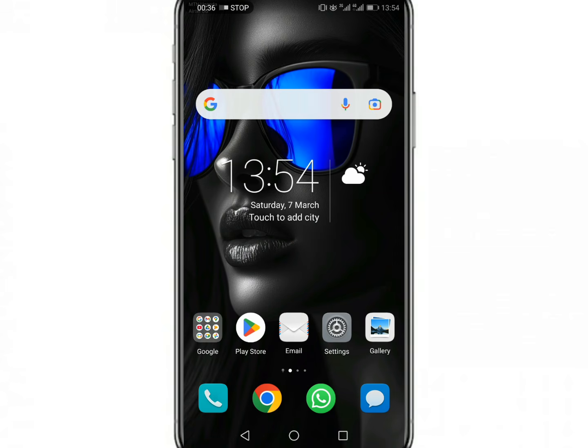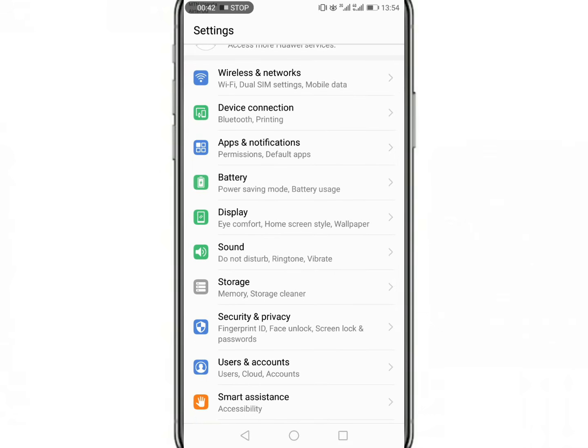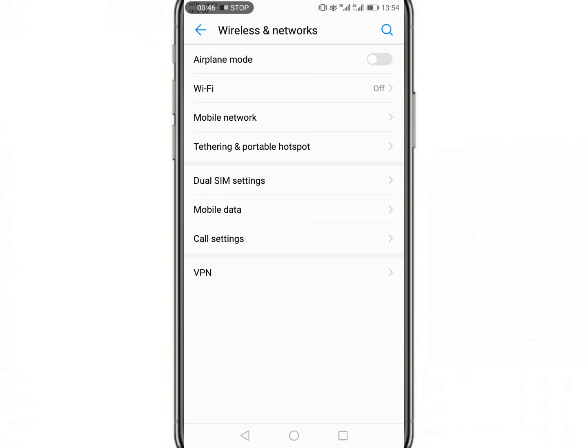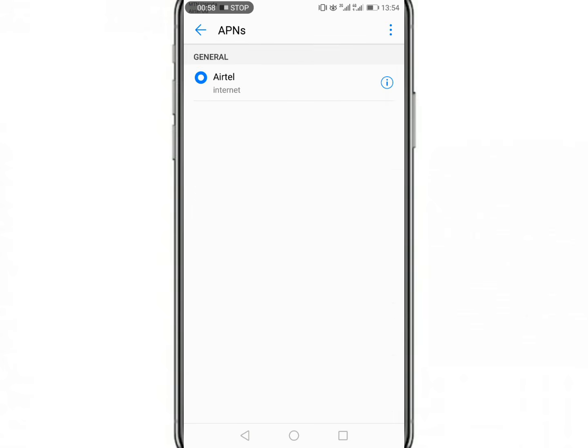So let me start the tutorial. Go to your settings and open your phone settings. This is what you're going to set. Look for wireless and networks right here, and look for where you set the APN settings, that is mobile network. Then go to the access point names on your Airtel SIM card. This is Airtel, and then you're going to go where we have the new APN and add a new